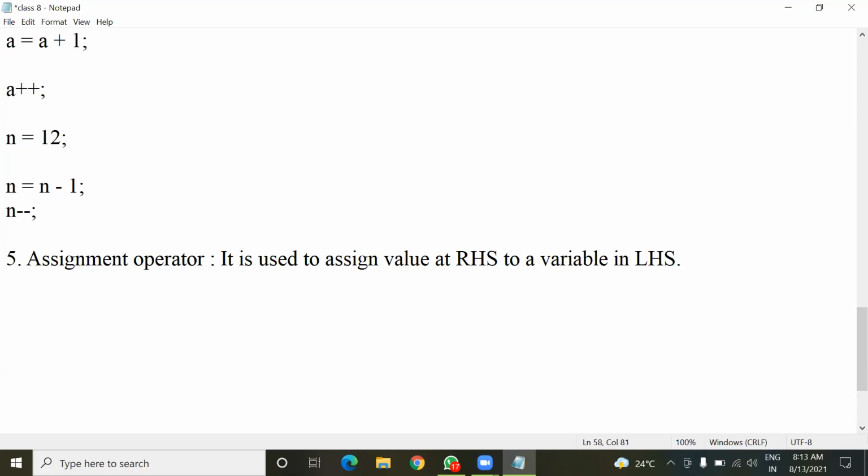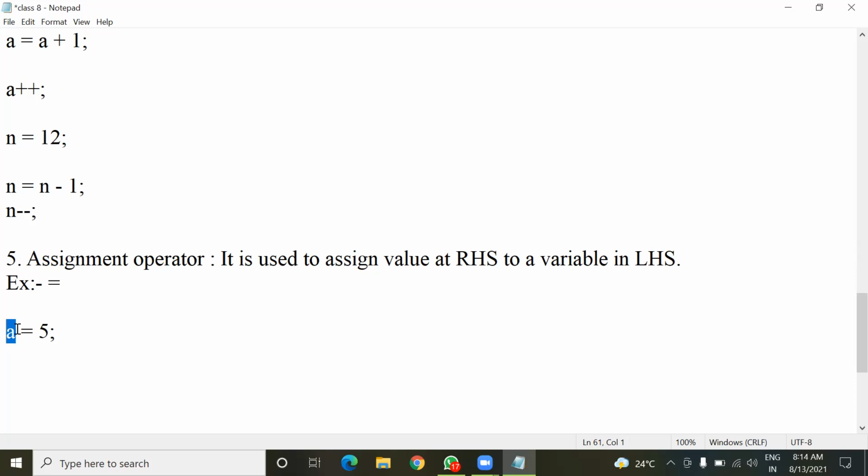It is very simple to use. The assignment operator is just the equals to symbol. Here in the example I am writing equals to. So equals to in Java programming is the assignment operator. For example, if I write a = 5, it means the value at the RHS, the right hand side, will be assigned to the variable present at the LHS, the left hand side.